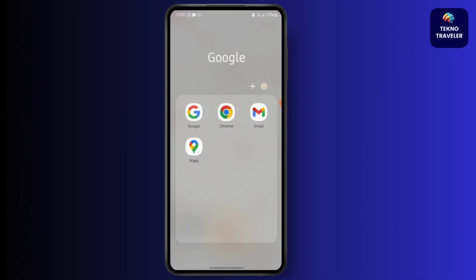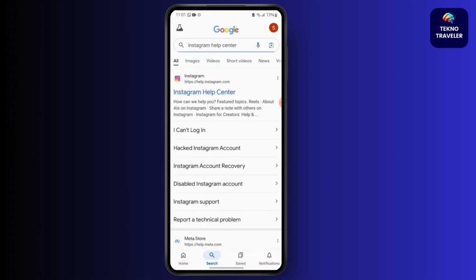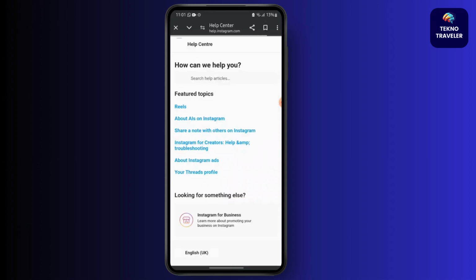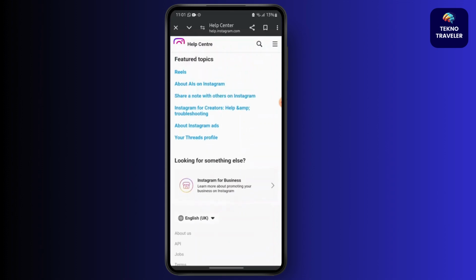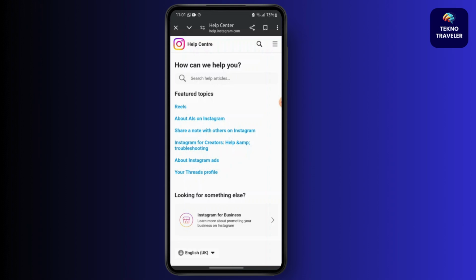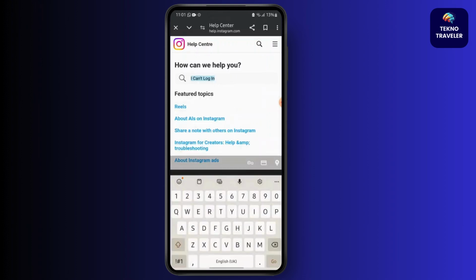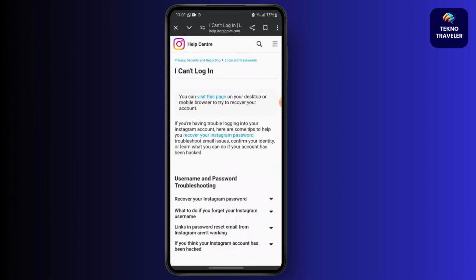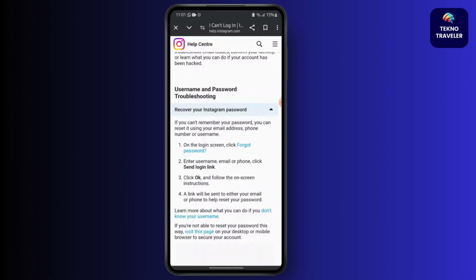So first, open Instagram. After that, you will see a bunch of options. Among them, what you will have to do is tap on looking for something else or simply select I can't log in. Now tap on recover your Instagram password